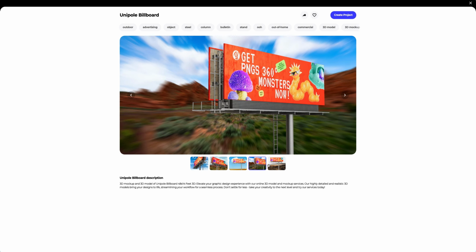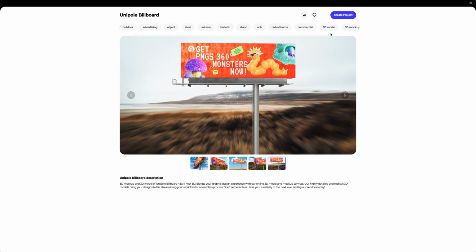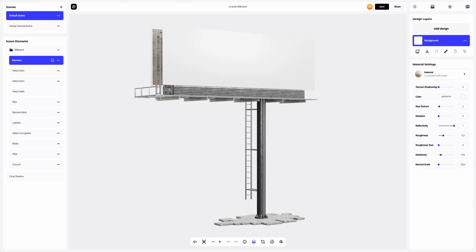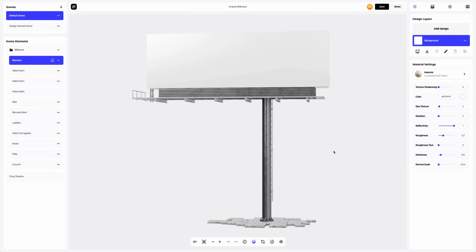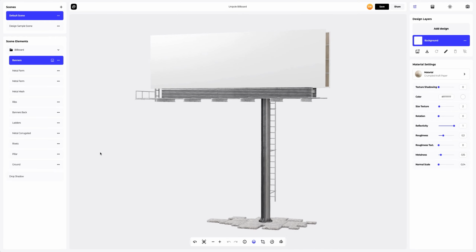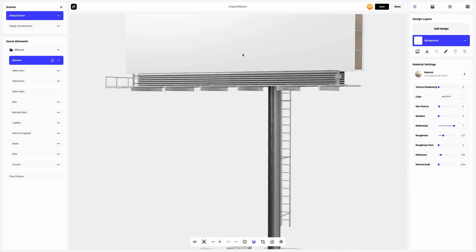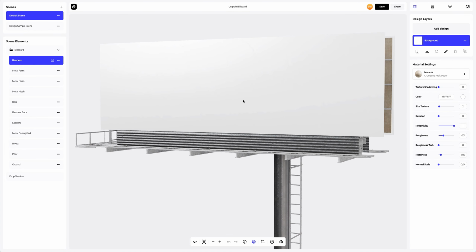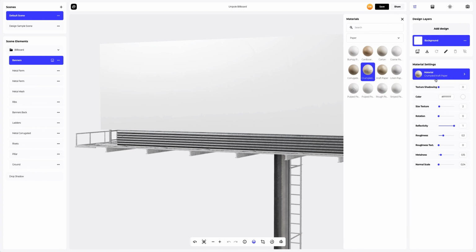I think this one is amazing. Let's create a new project. This is what the default 3D billboard mockup looks like. Let's start with the part called the banners. In the materials gallery, we select the material that looks best